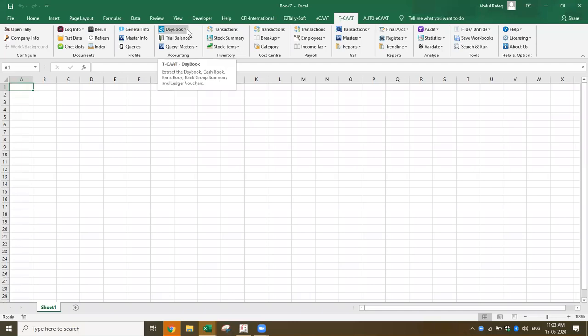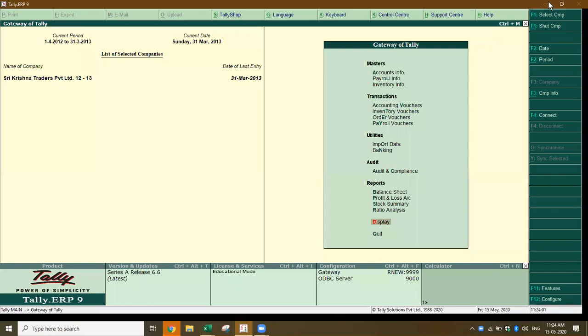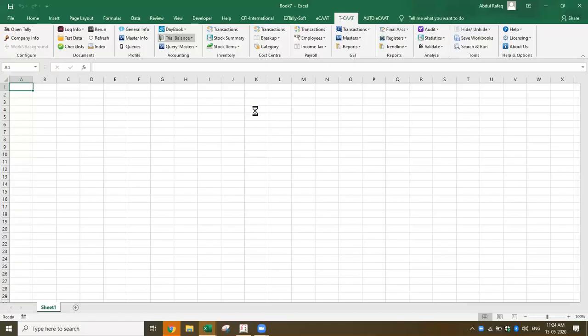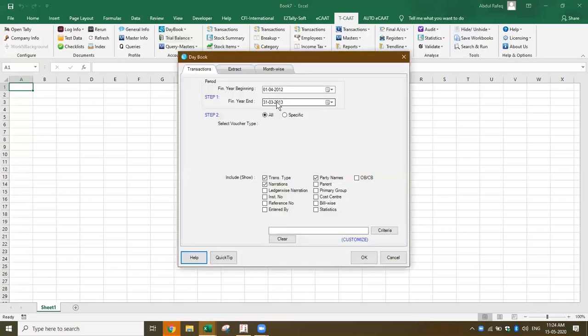First, let me say, I've got this daybook. Now I can also export the daybook from Tally. I want to extract all the transactions from Tally, like I showed you in Tally here. In daybook, there are about 990 transactions. I want to extract all these transactions at one shot into the software. Now it checks automatically and tells me that the accounting period is 1/4/12 to 31/3/13.